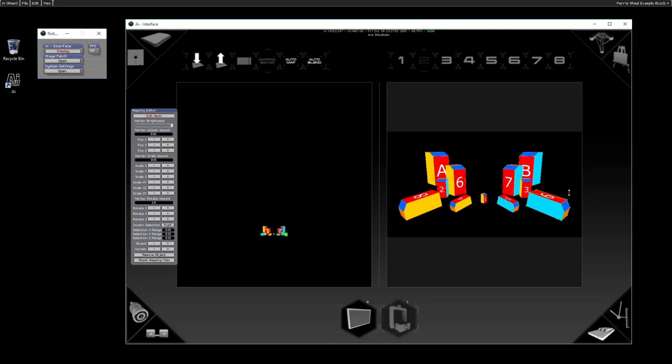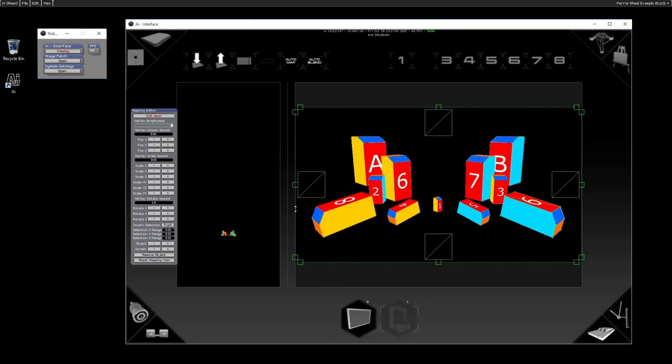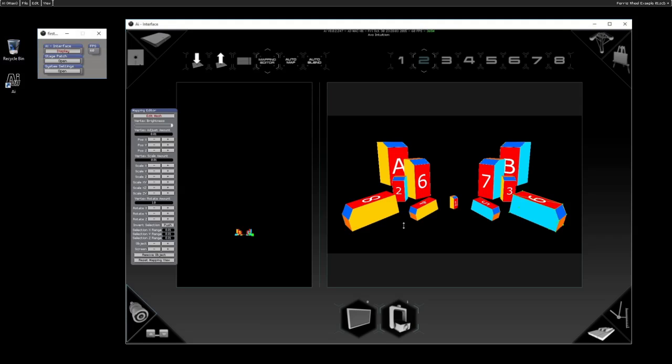Okay, so what we can see here is what would be coming out of the projector itself. One of the key things about the mapping editor is its ability to adjust the positions of the model's points, the vertex points. So if I just select these ones on the right, we'll see these pink dots on the model here. So the model is made of these points, and the faces are stretched or created between those points. So if we can imagine this is coming out of our projector,